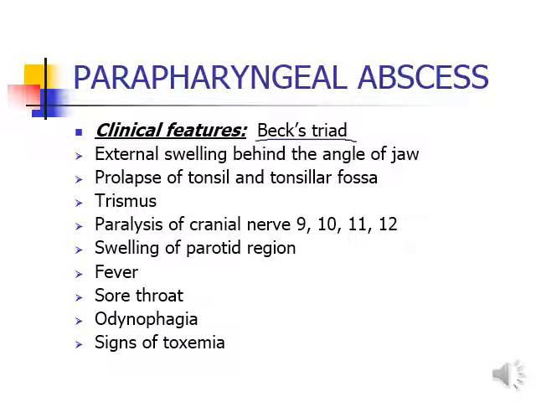Then it's the internal swelling. When the patient opens his mouth with difficulty, you can detect the swelling on the lateral wall, pushing the tonsil downward and medially. And lastly, it is the trismus and torticollis. Torticollis means the patient is not able to move his neck from one side to the other, and this is due to the spasm of the sternocleidomastoid muscle, and also the trismus is due to the spasm of the muscles of mastication, most probably the medial pterygoid and the masseter muscle, so the patient is unable to open his